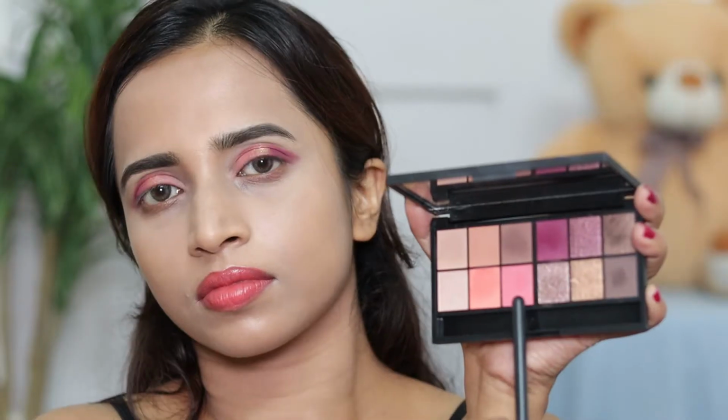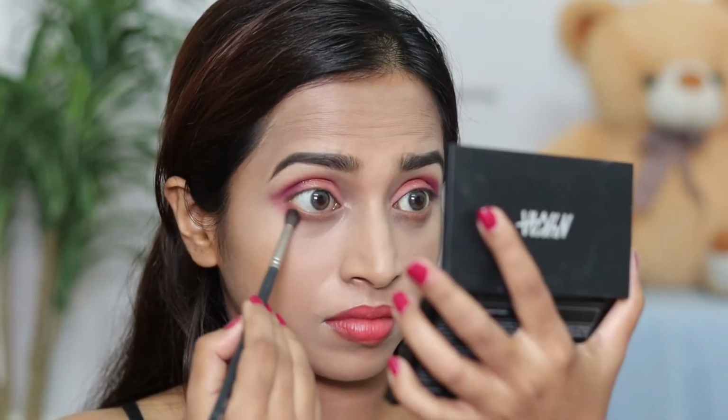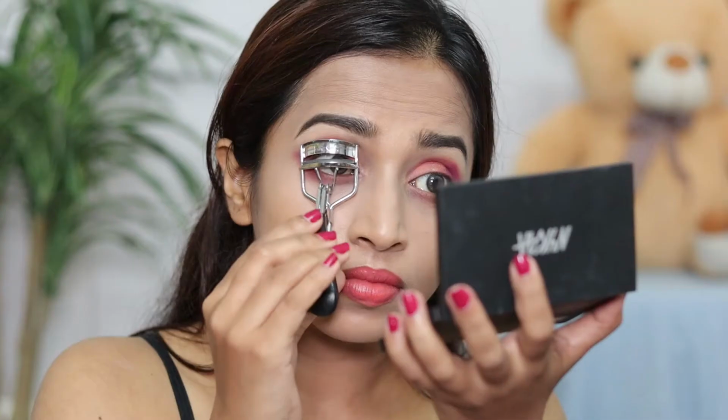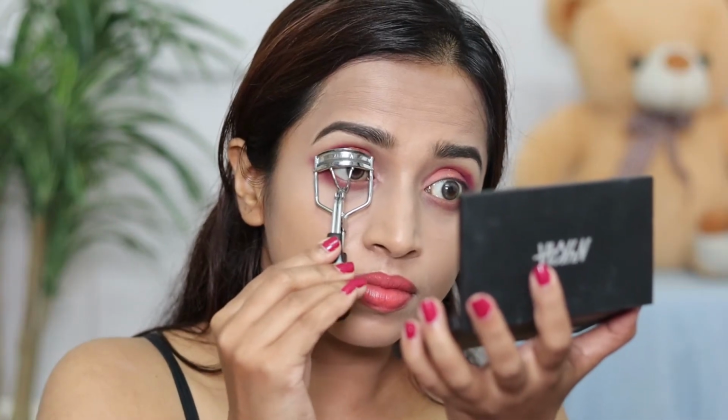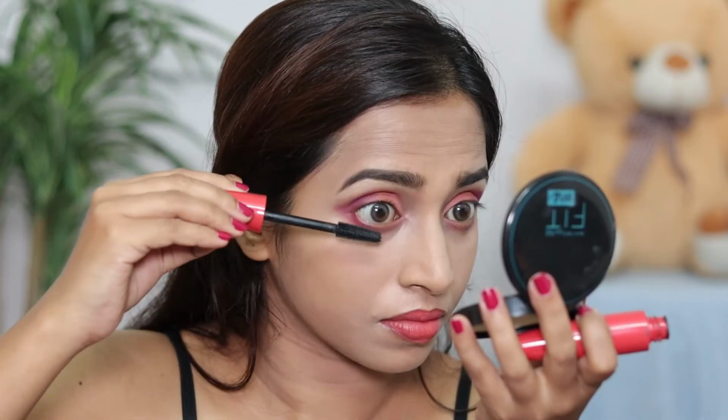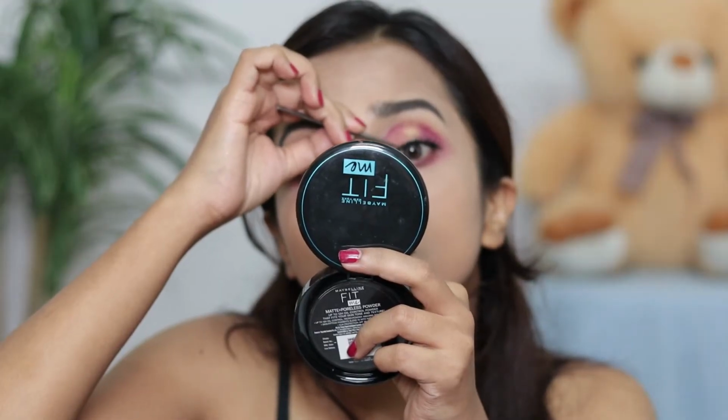middle of my eyelid. Now I'm using this light pink shade from this Sweet Sundae palette and applying it along my lower lash line. Again I'm taking this purple shade and applying it on the outer part of my lower lash line, and then I'm curling my lashes and applying this Faces Canada Magneteyes mascara. For falsies, I'm using PAC 54 lashes, and today I'm using this Physicians Formula Butter Bronzer